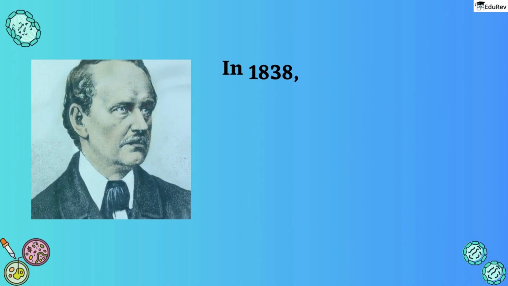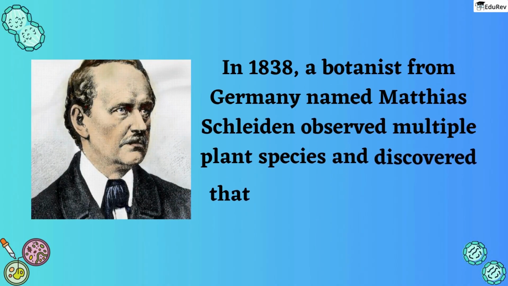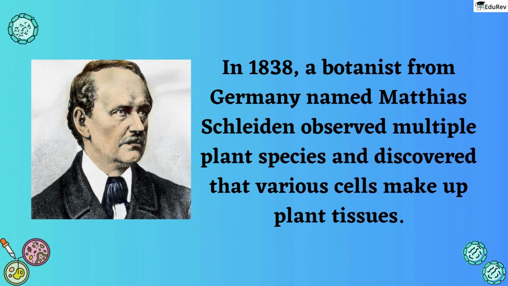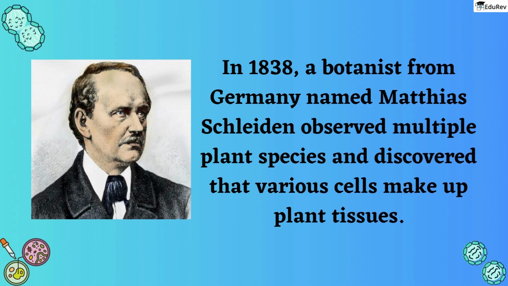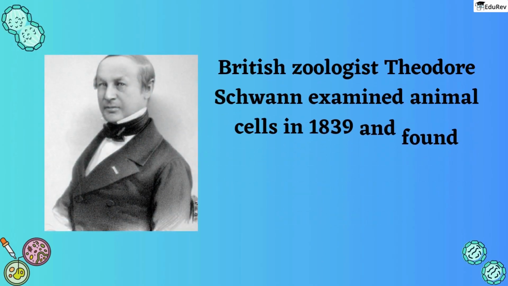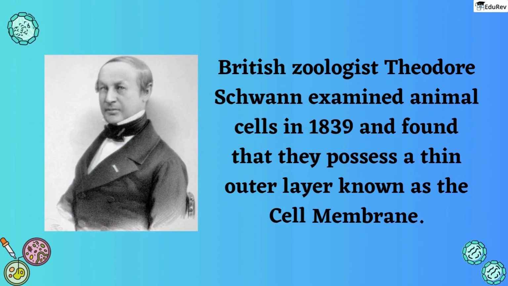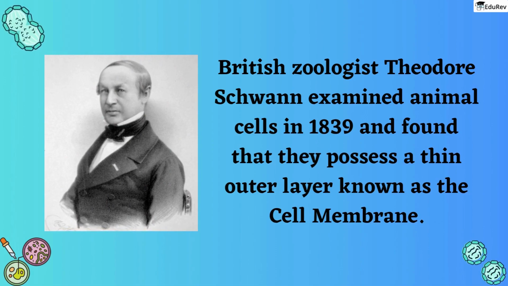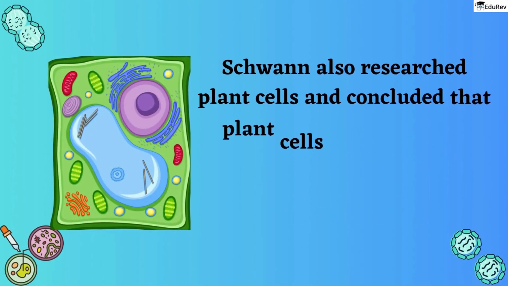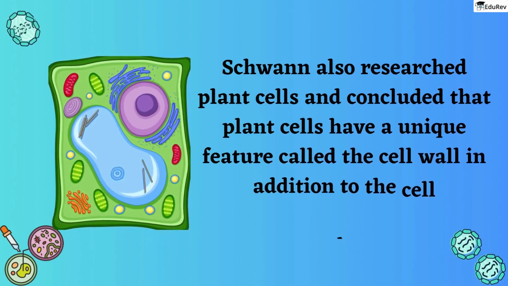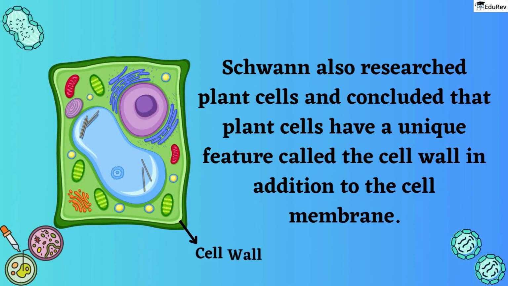And, in 1838, a botanist from Germany named Matthias Schleiden observed multiple plant species and discovered that various cells make up plant tissues. A British zoologist named Theodore Schwann examined animal cells the following year in 1839 and found that they possess a thin outer layer known as the cell membrane or plasma membrane. Schwann also researched plant cells and concluded that plant cells have a unique feature called the cell wall in addition